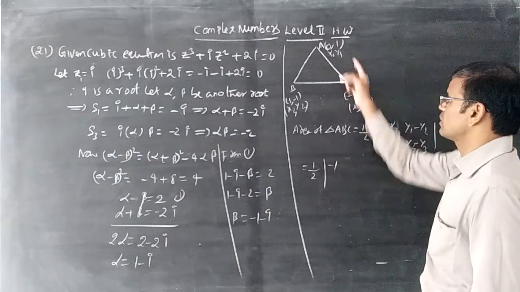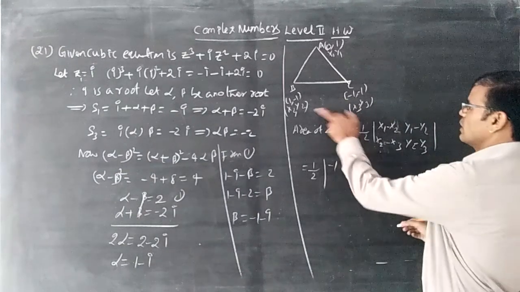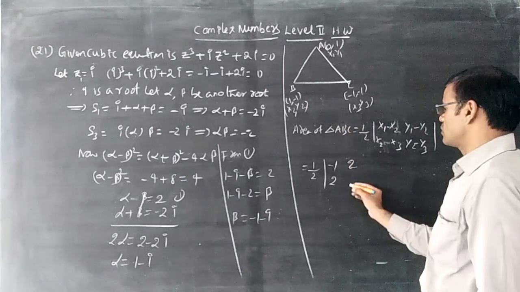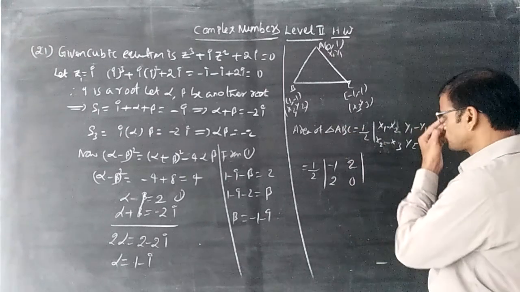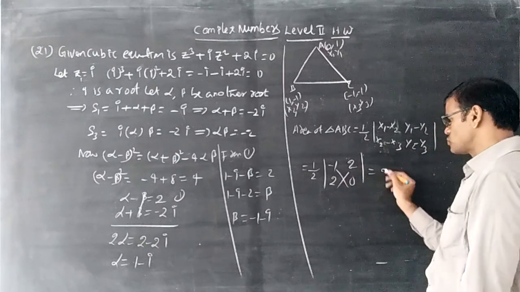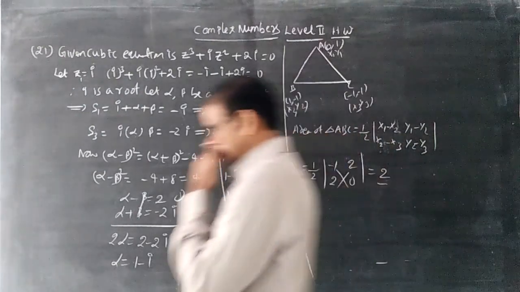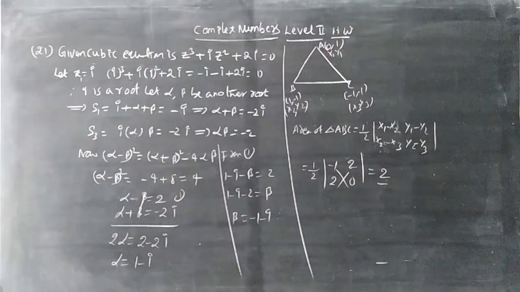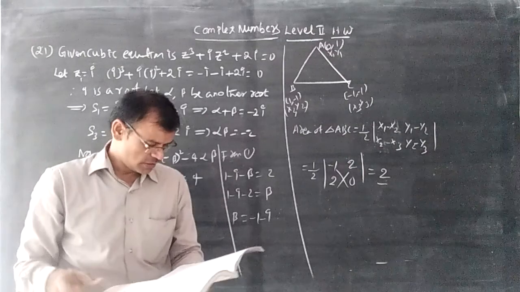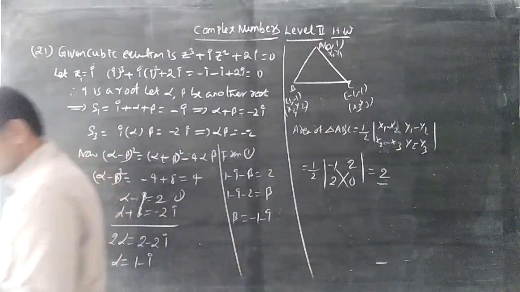It is minus 1. It is 2. And x2 minus x3, 1 minus 1. This is 2 minus 1 plus 1 becomes 0. So this is 0. 2 2s are 4. 4 by 2 being 2. 2 is the area. Third option. 21st question, third option, there it is correct. Now let us discuss from 22nd question.